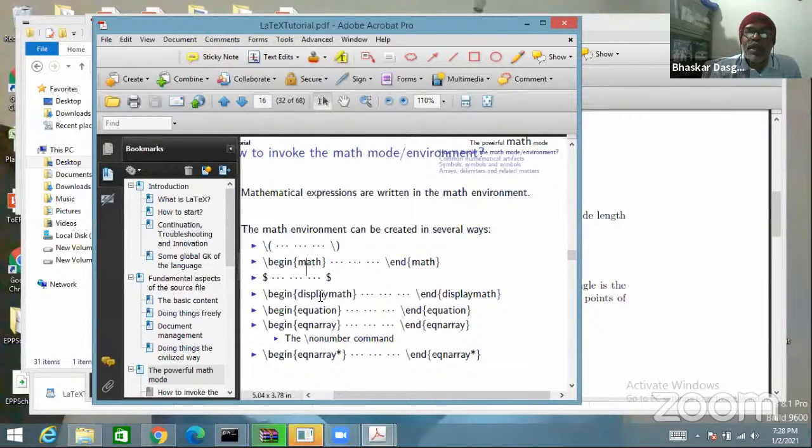So the display math environment is an enhancement of the math environment in the sense that it puts the mathematical stuff in a fresh line, in a separate line, so that the moment you open that page, it will be visible outside. And over that, another enhancement is this, in which an equation number appears, which LaTeX will generate